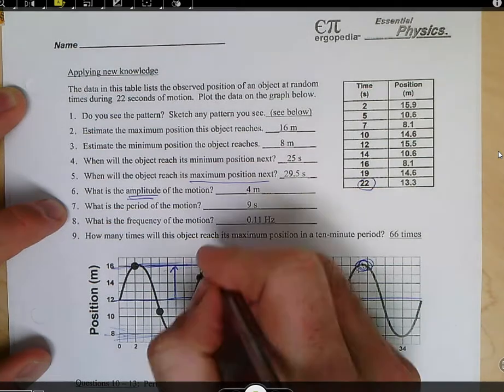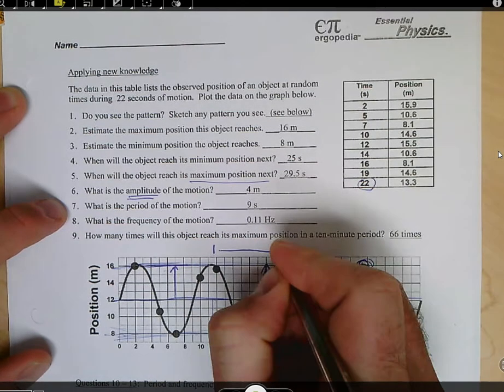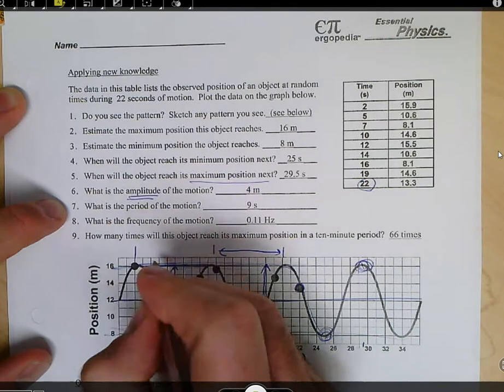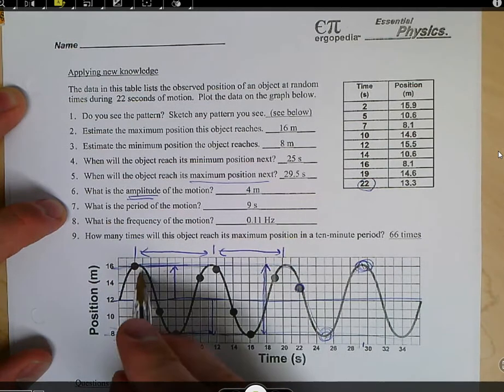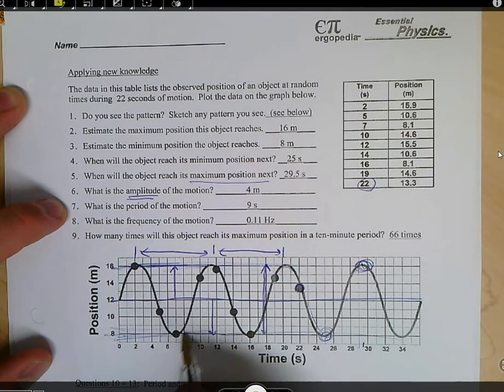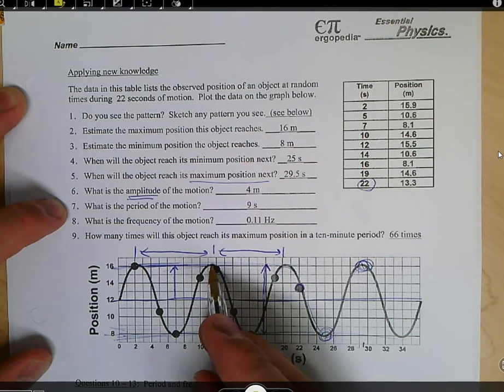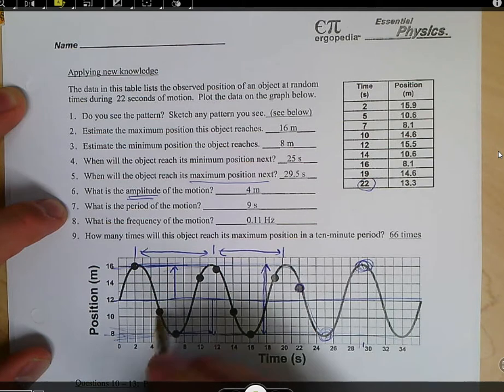Period means how long does this thing take until it repeats itself. So that would be this period, it would be this period. It's the time that it takes to go from one place and then return all the way back to the same situation. And so notice I didn't say the same position, because here, if you started right here, you could